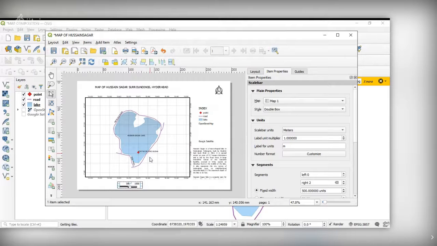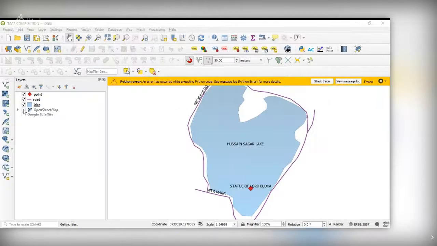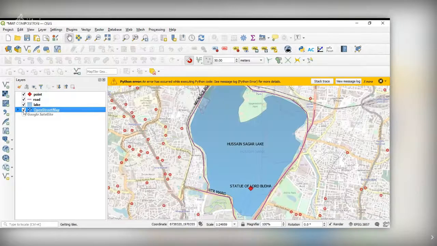So once this is ready, the next stage is, suppose you want to incorporate this map in some document. In that case, you need a PDF file or JPEG file, isn't it? Image file. One more thing I forgot to tell you. Suppose now this is without any base map. Suppose you want a base map. See, now the base map is not there. Now I am enabling the base map. But when I come here, it is not showing.